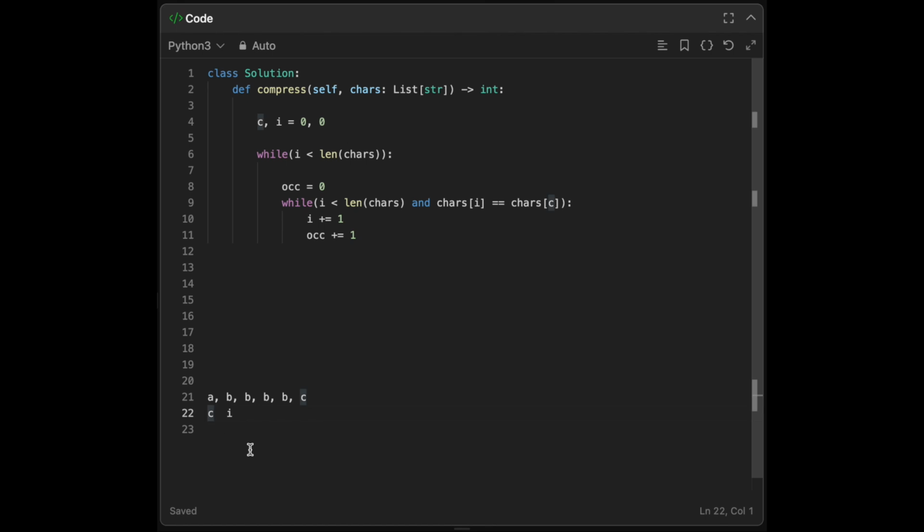So let's move on to this example. Now imagine C and I were here. We're back in this loop, and we increment I to here because they're the same, increment I to 2, and keep doing it to 3, then 4. As soon as I gets here, we know there's 4 occurrences of B, and now they're no longer the same, so now we're here. At this point, what we want to do is, if occurrences is greater than 1,